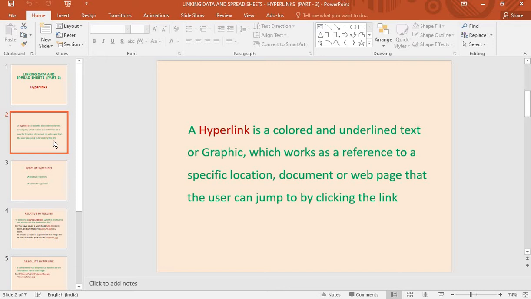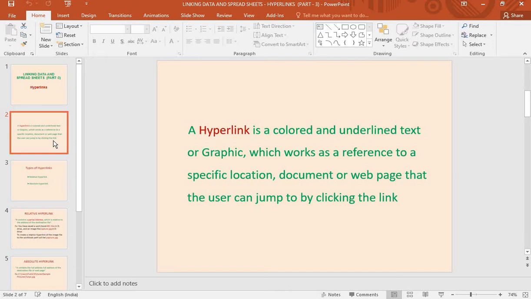You may raise a doubt, sir, we are working in an Excel spreadsheet, how will we include these hyperlinks in our worksheet? Simple. You may insert that page link or web page link or another data source link into a particular cell. If you click on that link, then it will open that page or that data source.